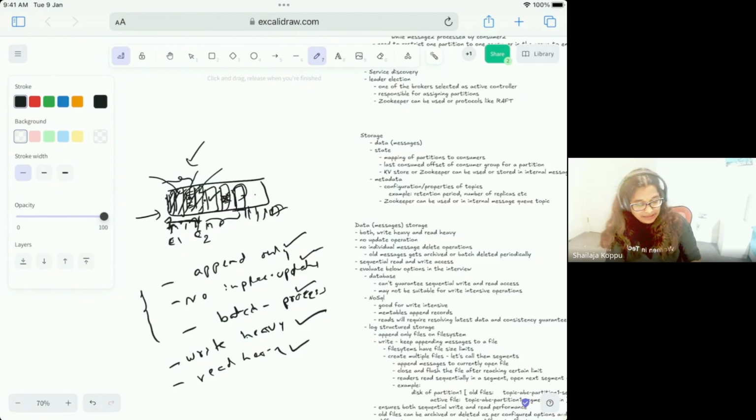And once you list these things out for your storage design, you need to observe the pattern. What is the storage pattern here? If you see, all the active messages, the alive messages, are contiguous and in sequential order. So we need a storage which supports append only sequential writes and sequential reads, which is good for this kind of write and read pattern. That's what we need to choose.